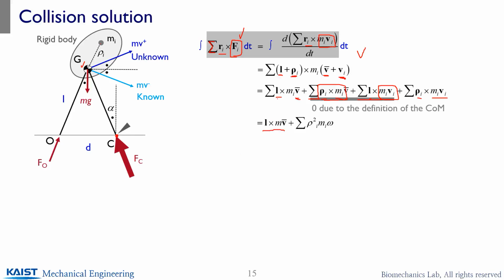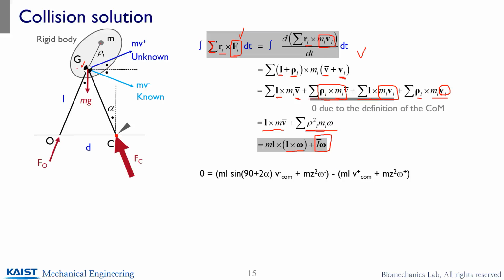So what you can have is the very first term and the very last term, which is L cross product M V bar, and since this Vi is going to be expressed by rho I omega, you will have a rho I square Mi omega term. So this is the moment of inertia term here. So you will have L cross product L cross omega, and this one has been added compared to the point mass derivation. So if you are going to solve the collision equation for the rigid body rimless wheel,